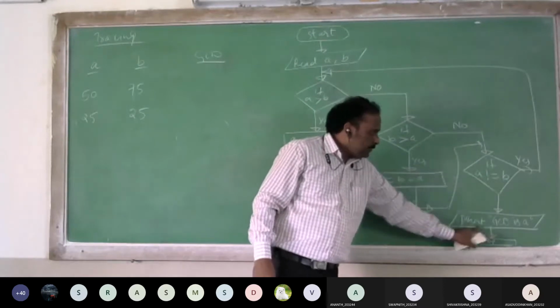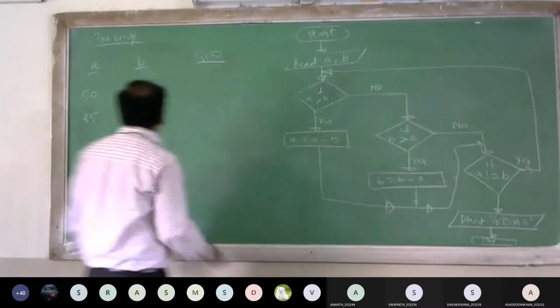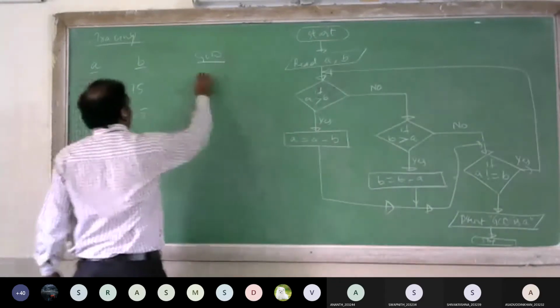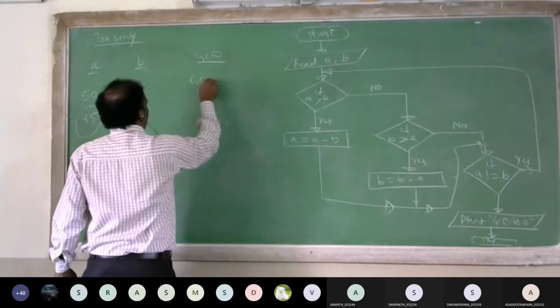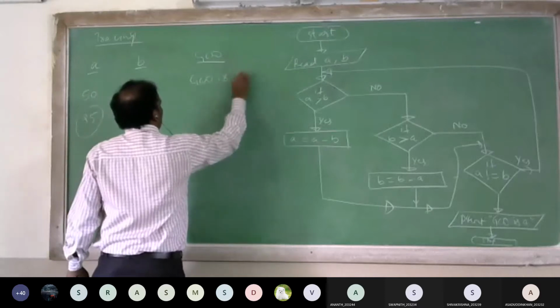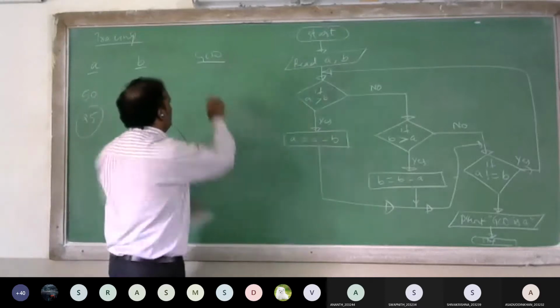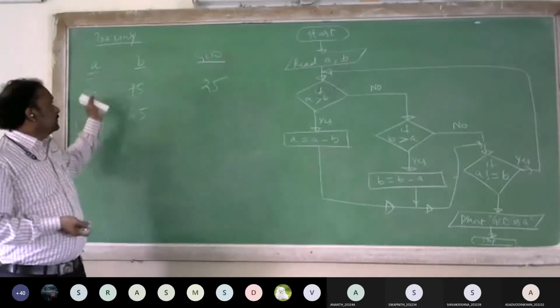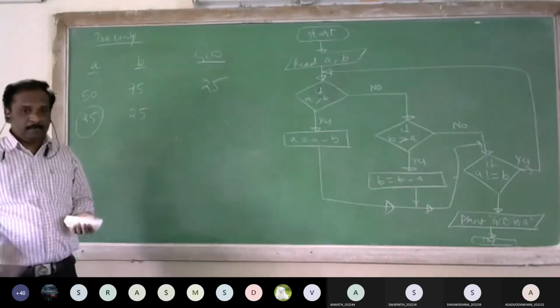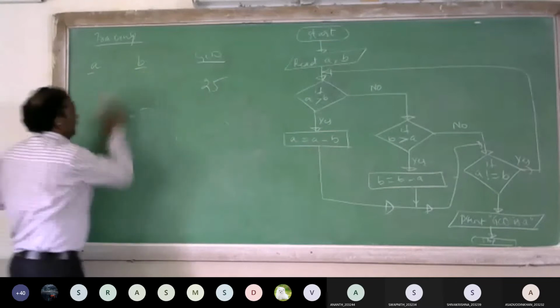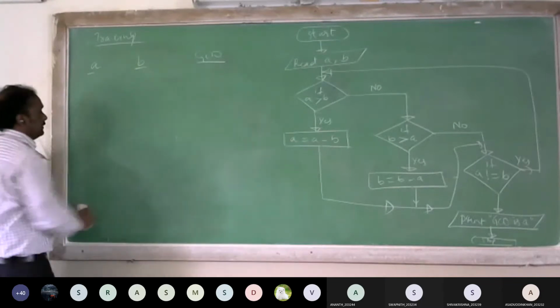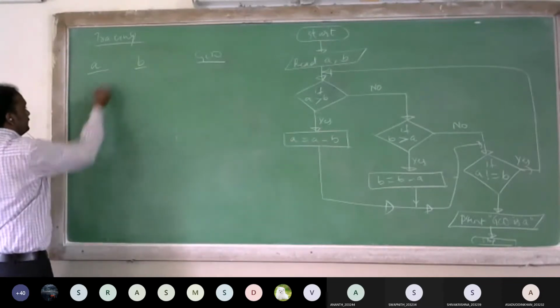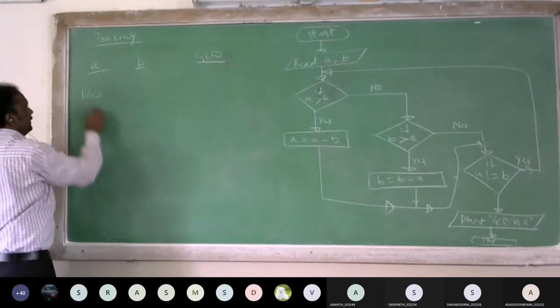So follow this arrow. Print GCD is A. So what is the A value? A value is 25. So GCD is A, A means 25. Or you can write simply for tracing 25. 25 is our GCD of 50 and 75. Now I will take another two numbers. Say that 120 and